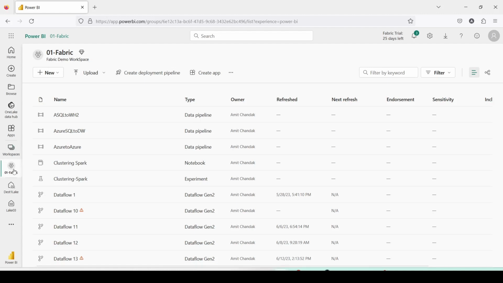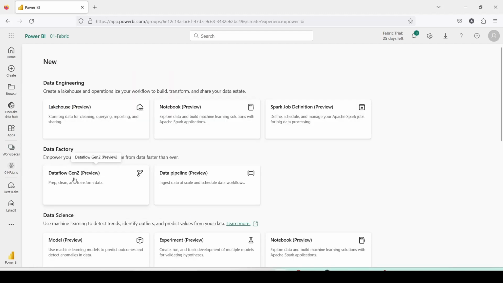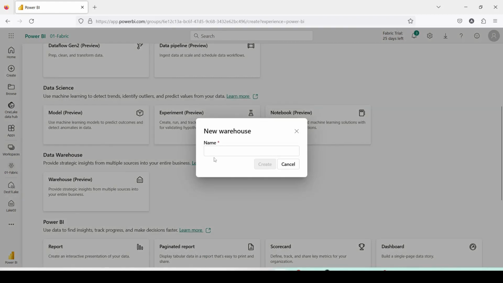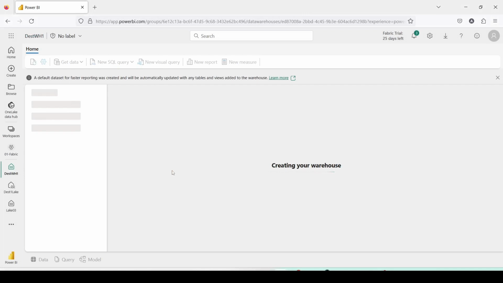Again, I clicked on 01 Fabric, which is appearing below the warehouse workspaces now. And in that workspace, again, I'm going to go and use show all. And now I'm going to scroll a little bit down, and there I'm going to use data warehouse. I'm going to create a warehouse, and let me call this dest wh1, warehouse 1, and create. So these are the warehouse and lakehouse which I'm going to use to put my data into the